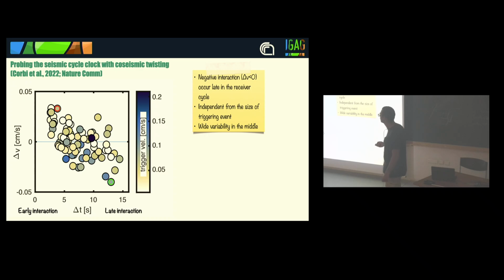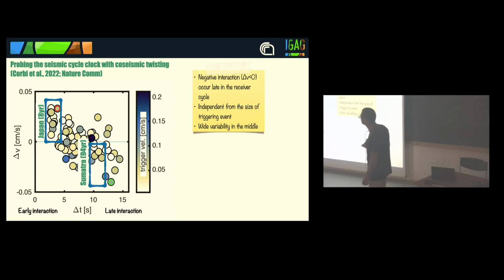And also that there is quite a wide range of variability here in the middle of the seismic cycle duration, meaning that we can expect a little bit of both acceleration or deceleration. And now I try to make the assumption that Tokachi-oki occurred only 3 years before the Tohoku earthquake, so an acceleration was somehow expected according to this model.